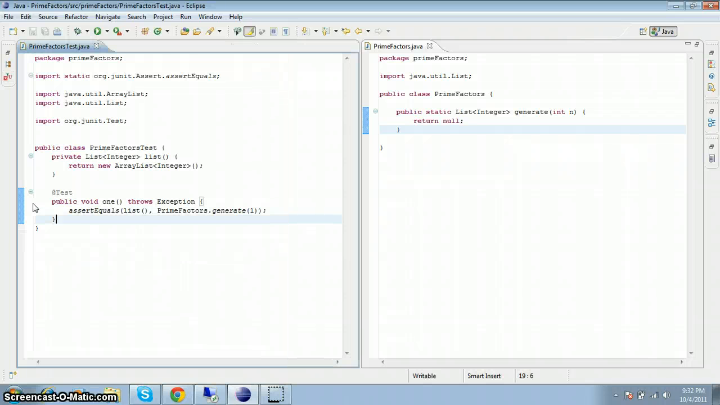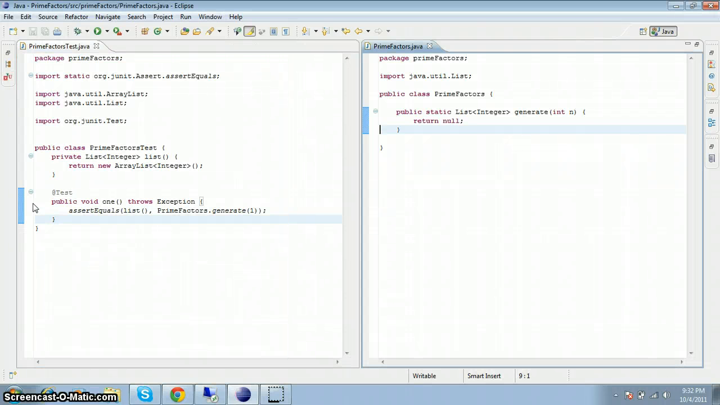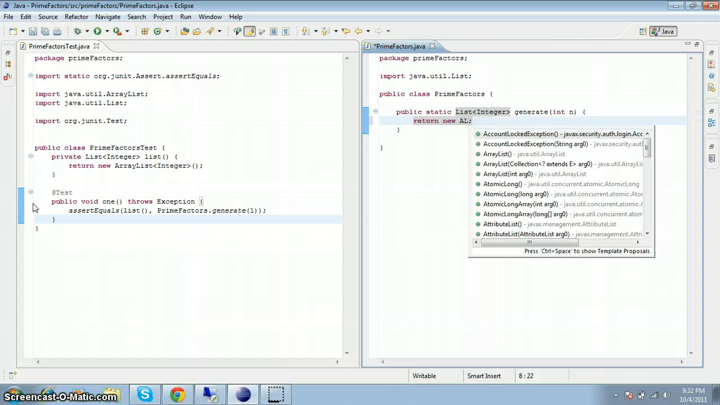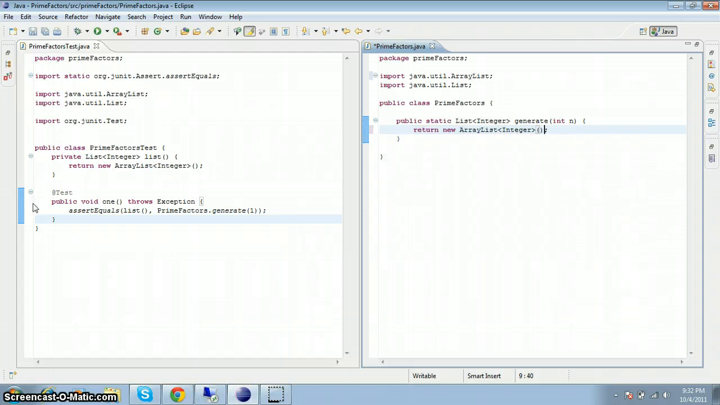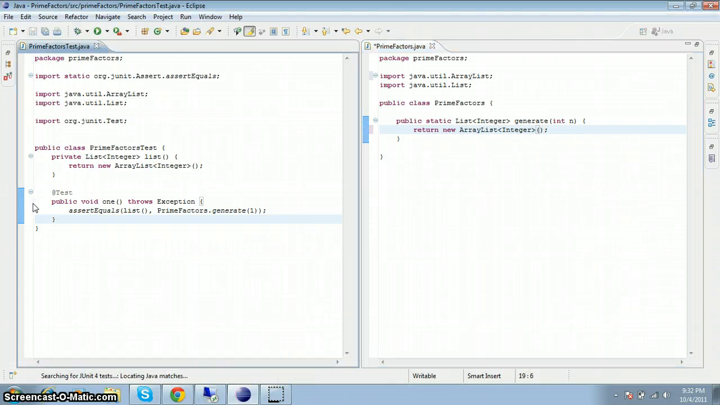and they fail. Well, the reason is because we're automatically returning null in our generate method. So let's return a new array list of integers. Okay, let's run our tests. Alt-Shift-X, T, and they pass. Okay, let's write another test. Call this one